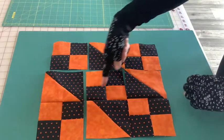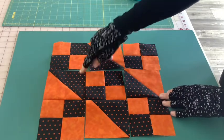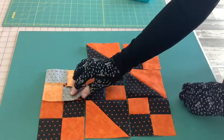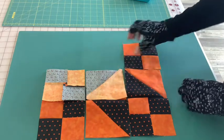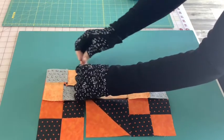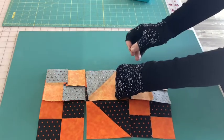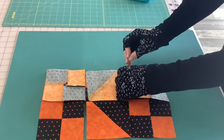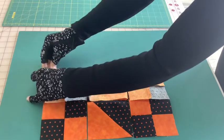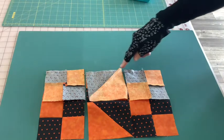And make sure I have them in the proper positions. So I have my dark squares here, my light squares here, and then my dark half square triangles are facing each other. So now I'll do the same thing. Flip this over. And roughly pin where I want to begin to sew and the direction I'll be sewing. Again, a 1/4 inch seam allowance, a scant 1/4 inch seam allowance right down here, and I'll do that off